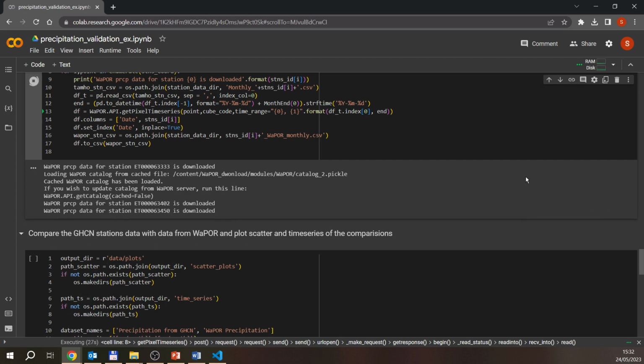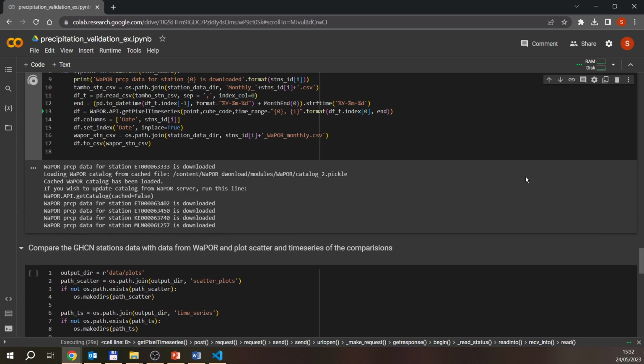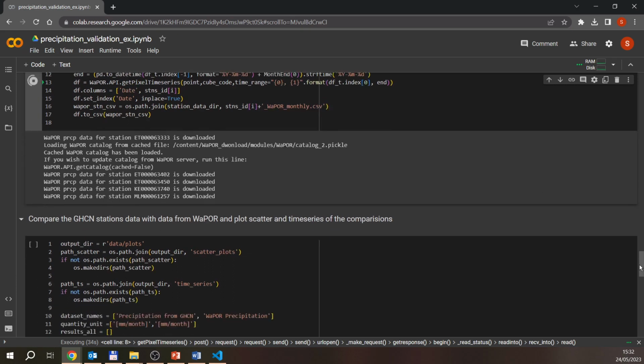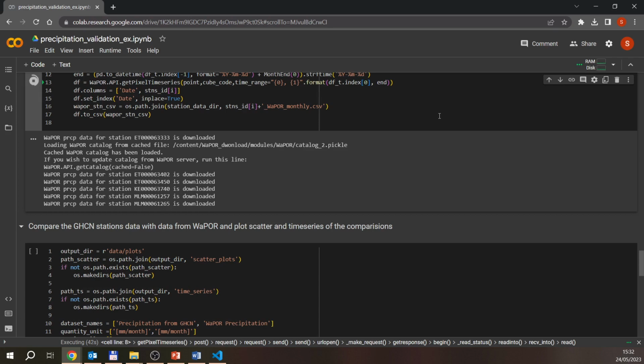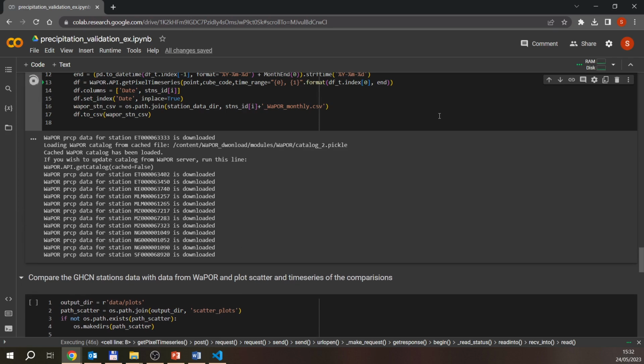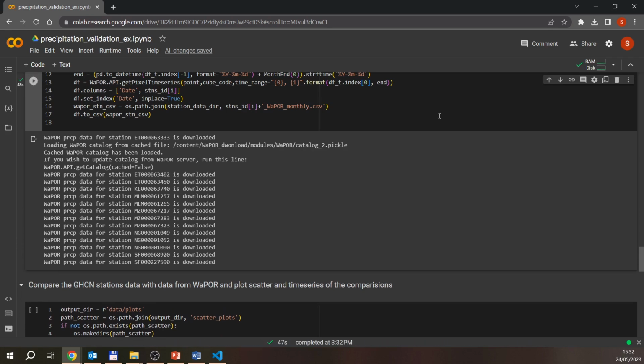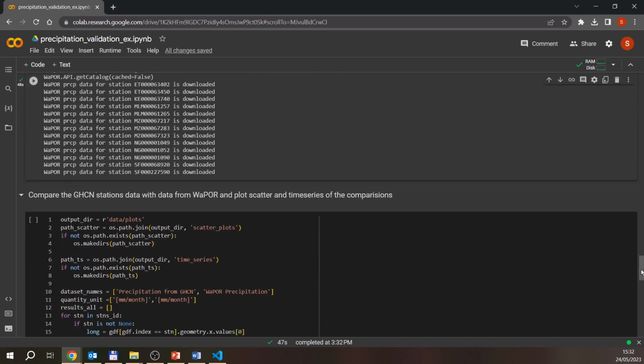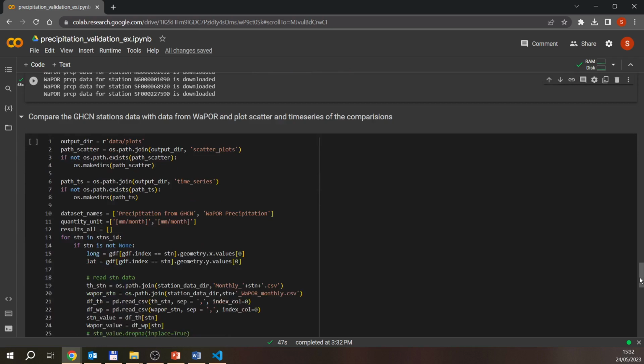This will also take some time to download the data for all the 14 stations. What this part of the script does is to access the WaPOR database, download the data for the longitude, latitude location of the stations, and save them in a folder in Google Colab. Now we have finished downloading the data, so the next step will be just to compare the station data with the WaPOR data and compute some